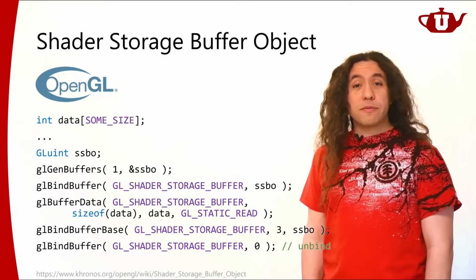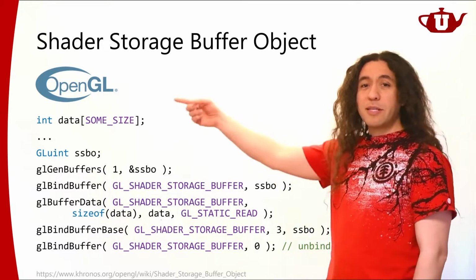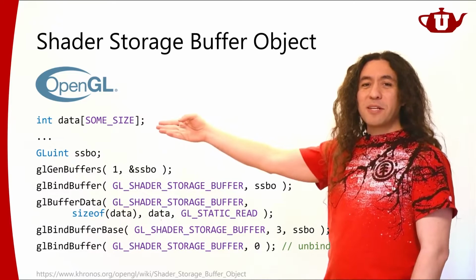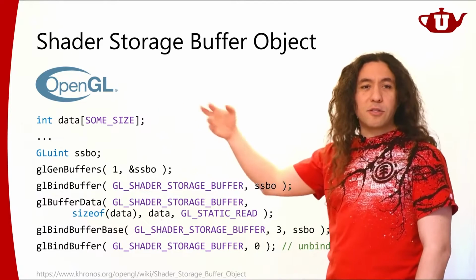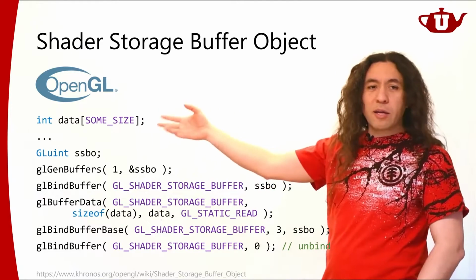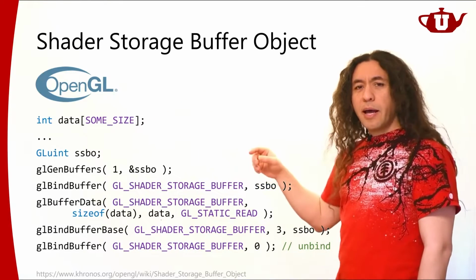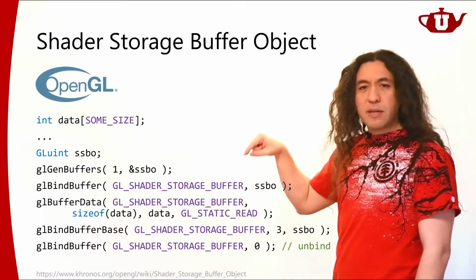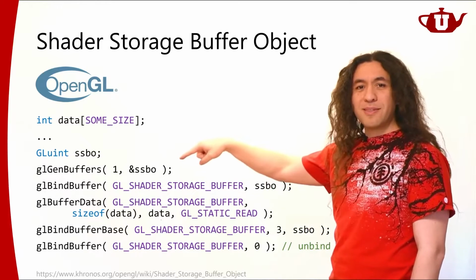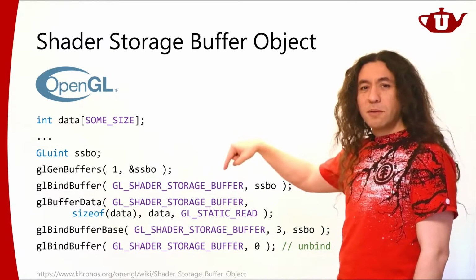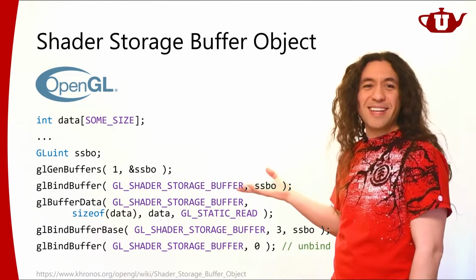These are more flexible objects, whatever they are, it's not important. In this case, I'm saying that I'm going to send a simple array of data. It's some integer data, but it doesn't have to be an integer array. It could be literally anything. What I do down here is very similar to how we've been sending data to our other buffers. We create a buffer, we generate the buffer, we bind that buffer, and then we set its data. There you go. That's it.